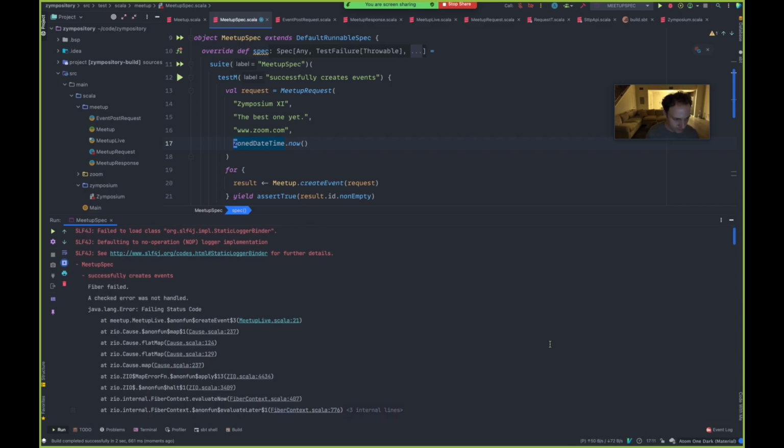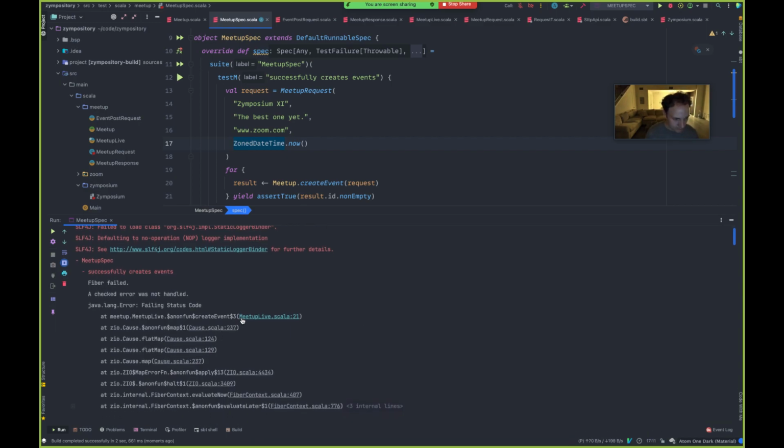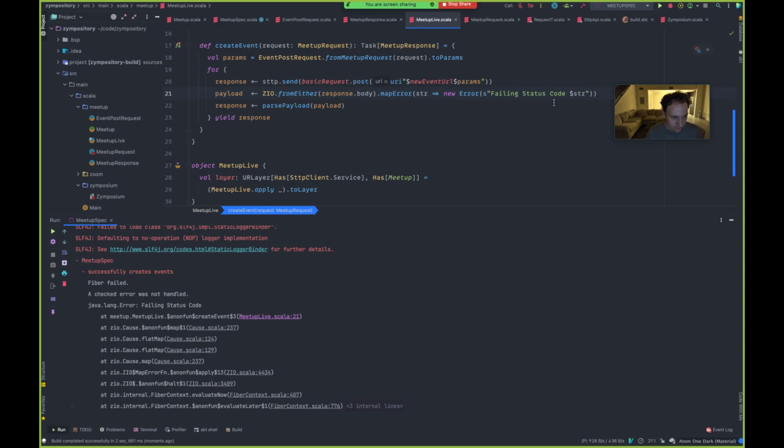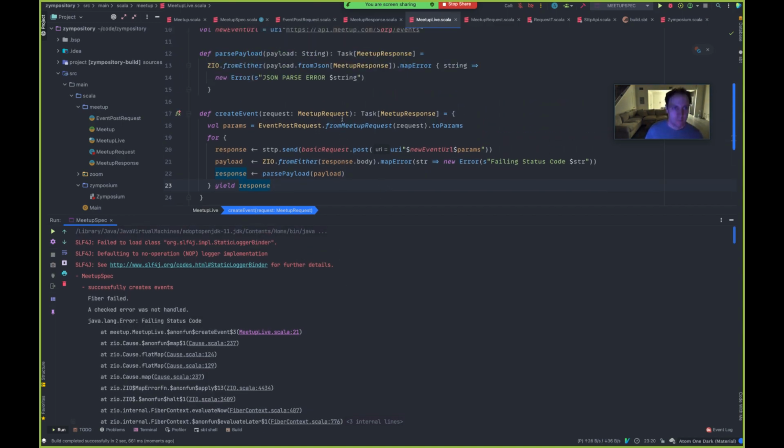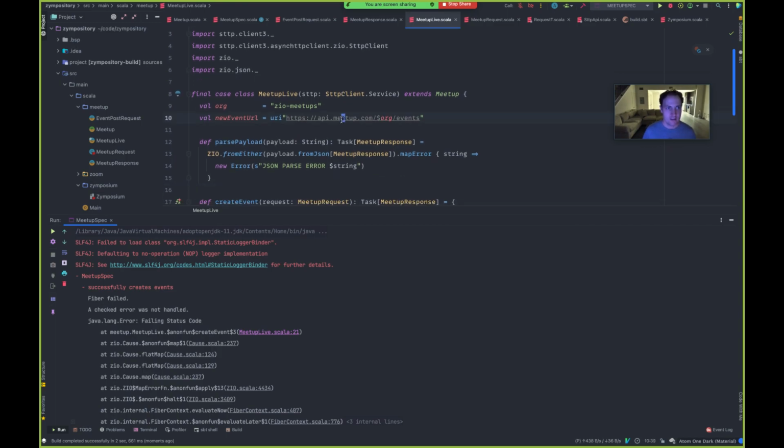Okay, let's see what we got. So now we're failing with a status code. Okay, I forgot to print out what that failing status code is. Or no, I didn't. It seems to be an empty string, so that's definitely odd to me that it wouldn't even have a status code. Is that because we're not authenticated? Oh, you know what? I think it's because it's not even a real URL or URI, so it could just be a total explosion.